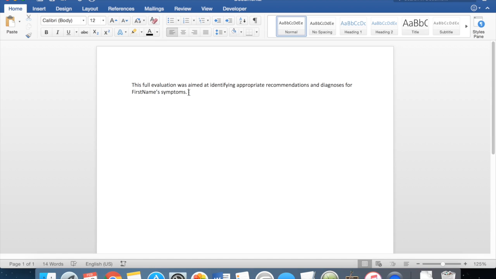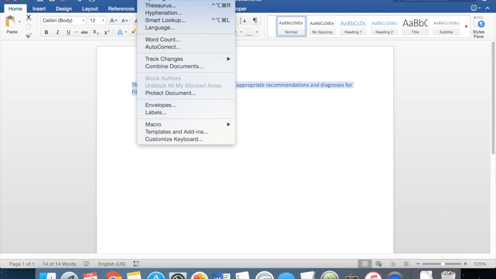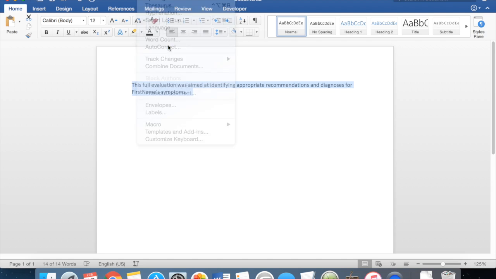Now, you could see that took me a fair amount of time just to type out with all the backspacing, and there's some tricky words in there for typing. So what I did was create an AutoCorrect feature for this. Now, how we could do this is you highlight your phrase that you would like to be inserted, go up to the Tools menu, click on Tools, click on AutoCorrect,